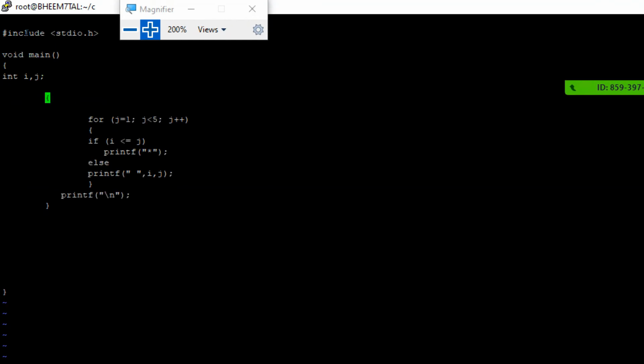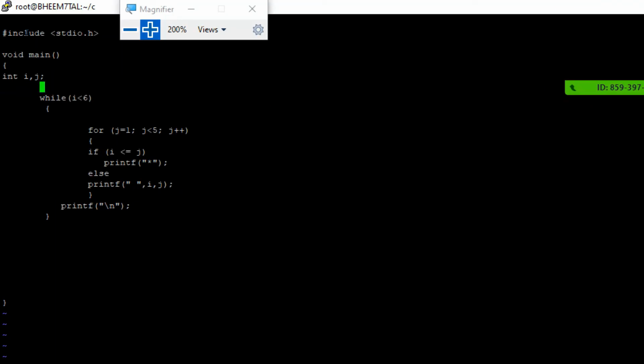I'm pressing dd to delete the line. I'm pressing i to go back to the insert mode. Then I would write a while loop, while, and then I would have some kind of condition over here, like I is less than 6, and then because for while we have to initialize it before, it is a bit different from for loop,